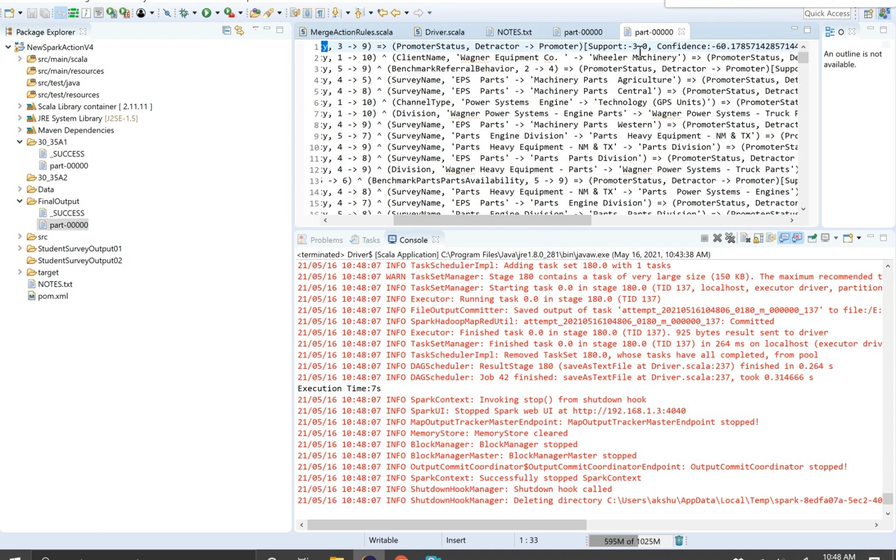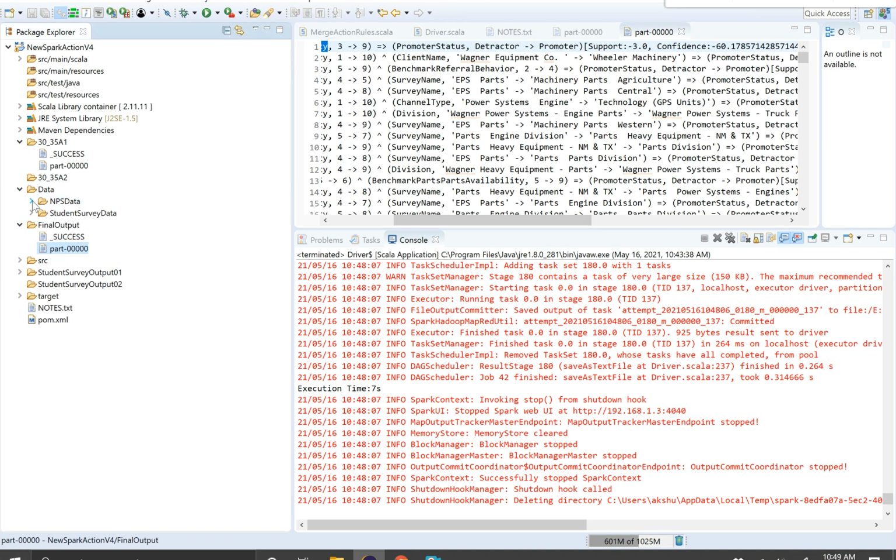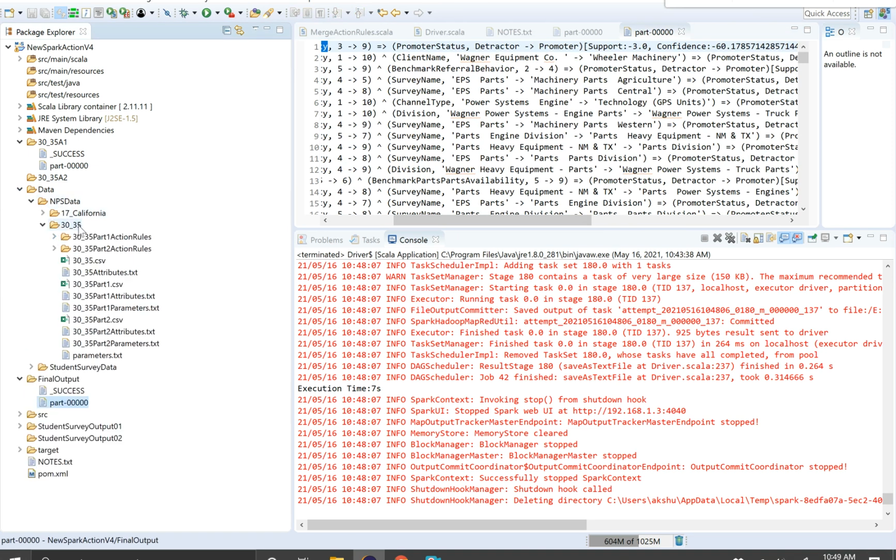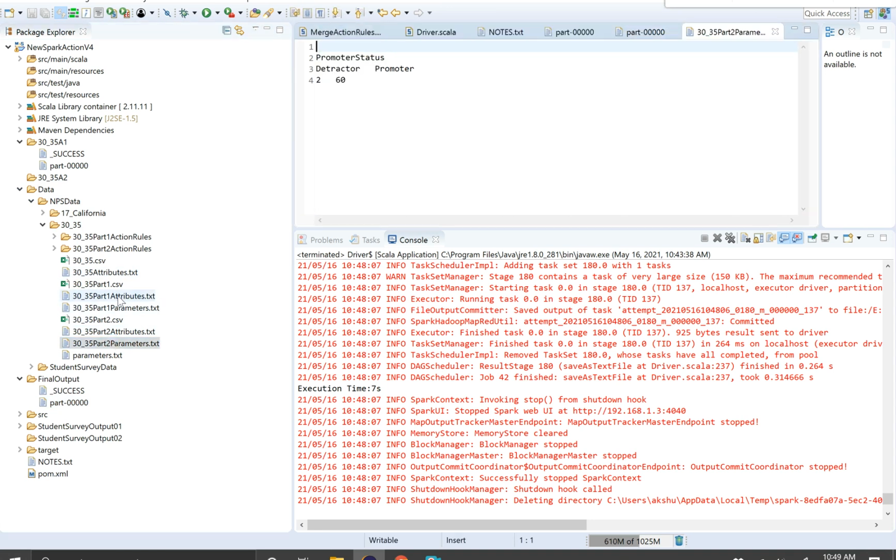We have mentioned the minimum support and confidence values for the action rules in the parameters folder. Inside the data folder and the NPS data folder under the 30_35 folder, in the parameters 1.txt, the promoter status is given as a decision attribute, and we want it changed from detractor to promoter.